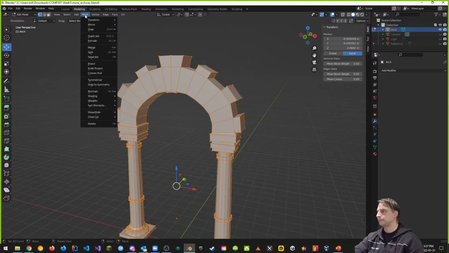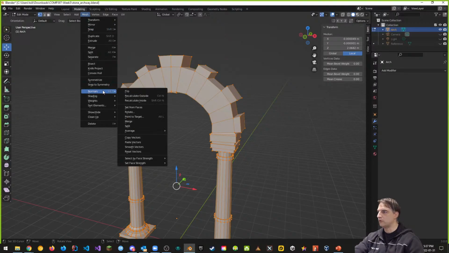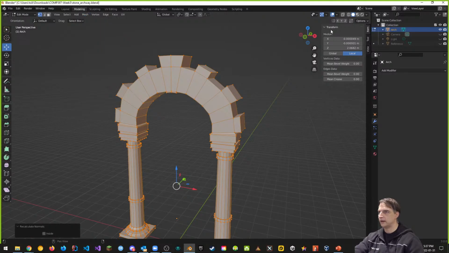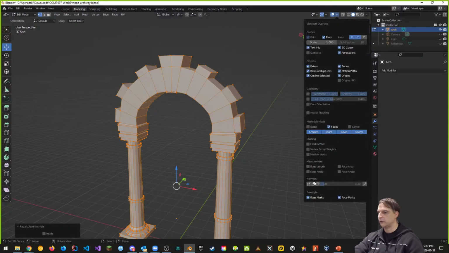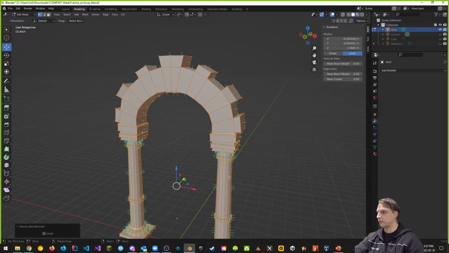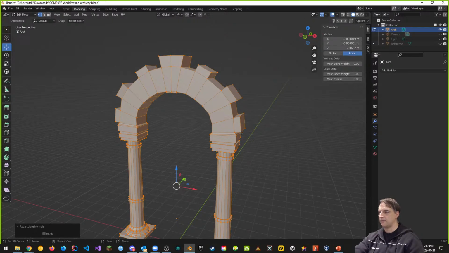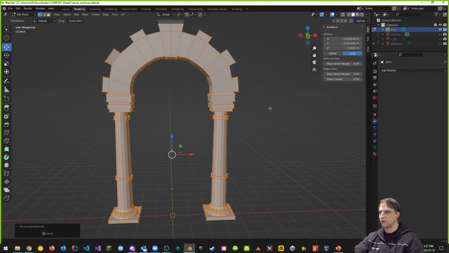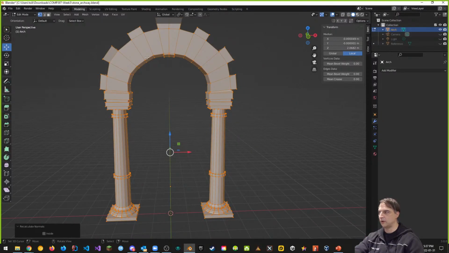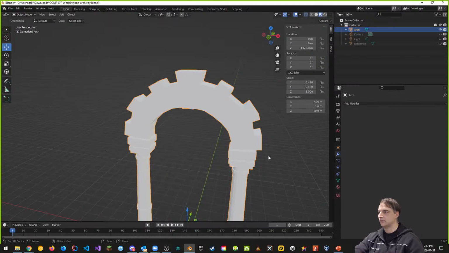So again, you're going to go to normals, mesh normals, recalculate outside. And if you look at it when you do that, you have all the normals pointing on the outside as opposed to the inside. That's something that has to happen. Okay, now that we've done this as one big piece, let's go back to our